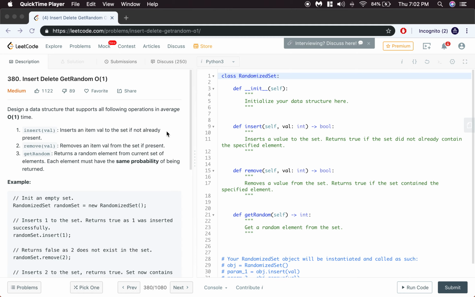Hey guys, so today we're going to solve Leetcode problem number 380, Insert, Delete, GetRandom O(1). And as always, this is my first time seeing the problem and I'll be solving this problem live. So the problem statement is as follows: design a data structure that supports all following operations in average O(1)